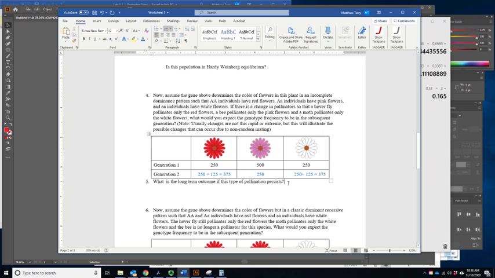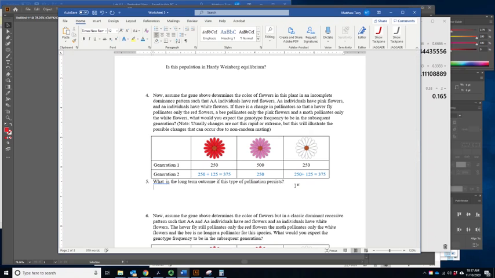And if that process continues generation after generation, then eventually the pink flowers will be very, very rare and would go extinct. So this sort of assortative mating, right, that's a type of non-random mating where like mates with like individuals, could result in speciation events. So the long-term outcome is going to be continued loss of pink flowers and eventual segregation